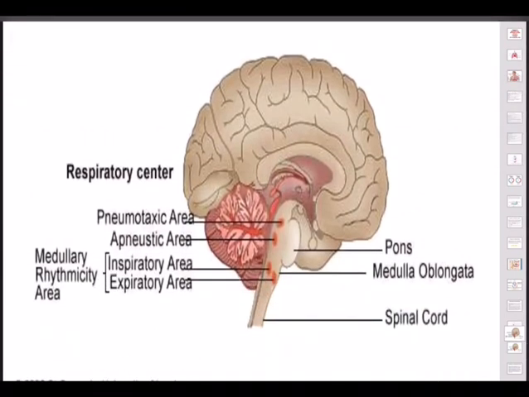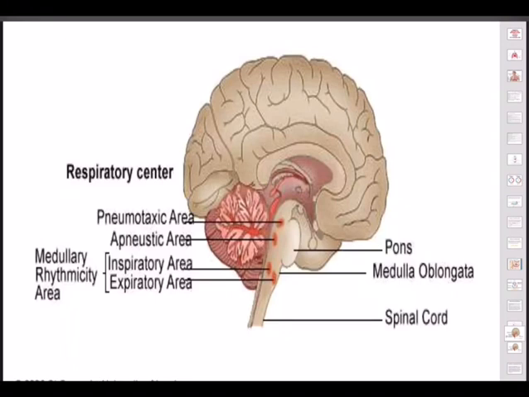And where are these exactly located in the brain? So this is the human brain, and you can see the respiratory centers, and you got that pons area, medulla oblongata, and of course the medulla oblongata continues as our spinal cord. So in the pons area you can see the pneumotaxic area, and second, just below that pneumotaxic area you got what is called the apneustic area,